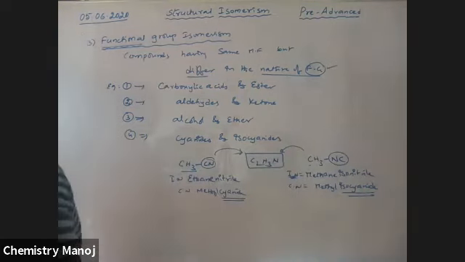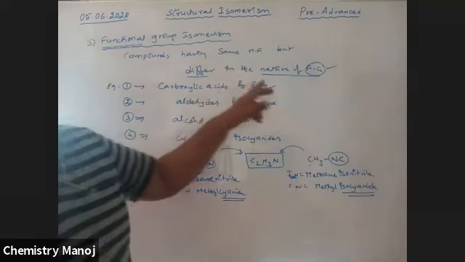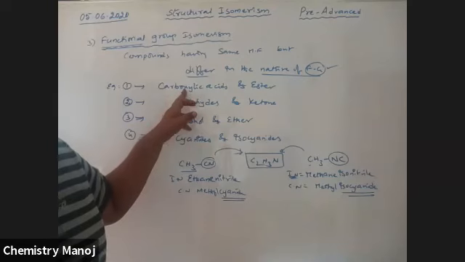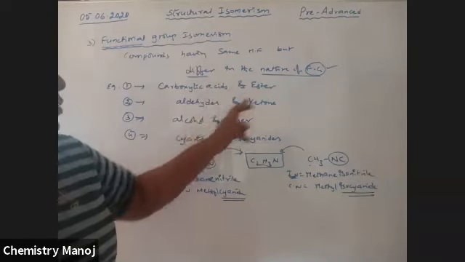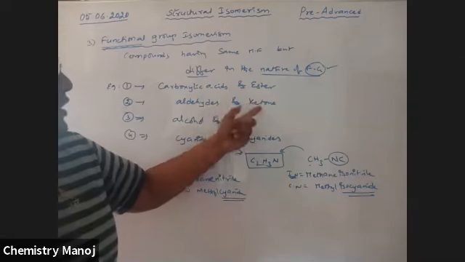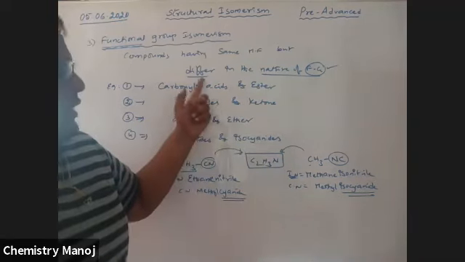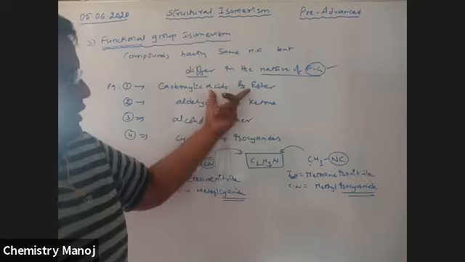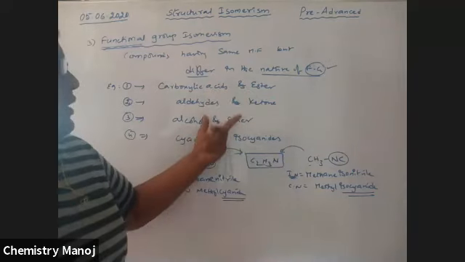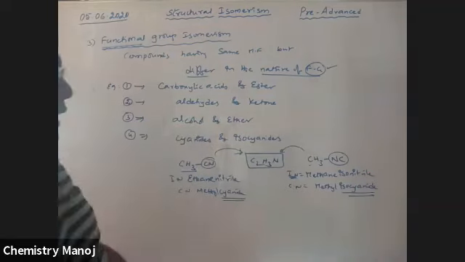And this is the fourth class of compounds. That means if you take aldehyde, you should write ketones. If you take esters, you should write acids. Acids and esters are functional isomers. Aldehydes and ketones, only these two are interconvertible. So an aldehyde is not converted into an acid, or an acid is not converted into an aldehyde. Only these sets of compounds are functional isomers. Now I am taking one more example.